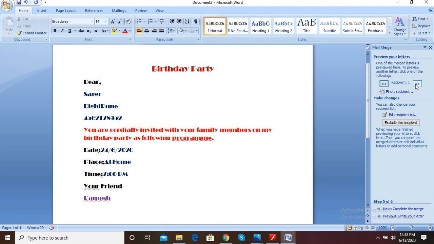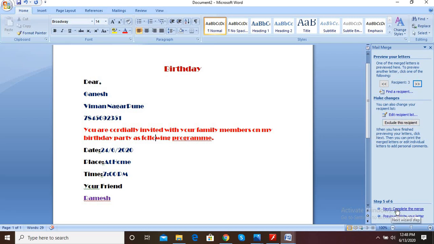When you click on the next arrow, the name will be changed, the address will be changed. Again click the next, next information will come. Okay, likewise you can add more recipients in your mail merge or in your database.